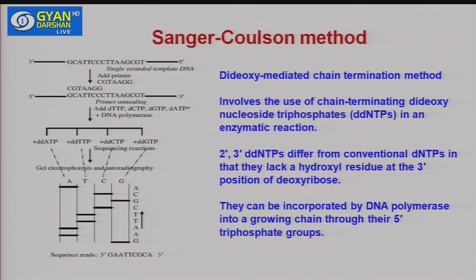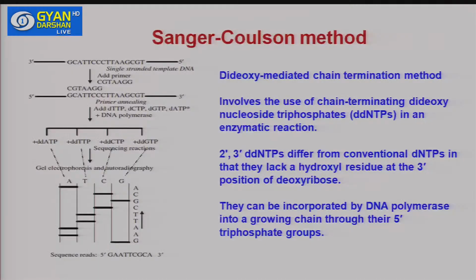Now, sequencing. Nowadays, whether in plant science or in animal science, we are very much familiar with this technique, that is sequencing. Like once you have cloned a particular gene in any bacteria or even in plant, you need to sequence it. Or like you have cloned an unknown gene, you need to sequence it, because otherwise whether you have cloned the right thing or not has to be understood, and for that you need to know the gene sequence. So a lot of high throughput techniques are nowadays available, but the first and the foremost technique